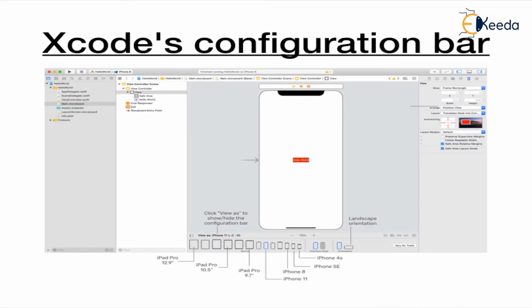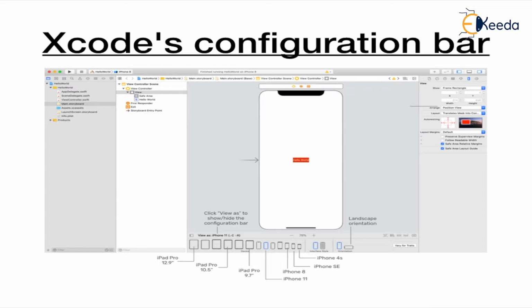Now you can see the Xcode configuration bar. Whenever you design your screen, at the bottom of Xcode you can see various iPhone and iPad devices for designing purposes, and also different types of orientation.